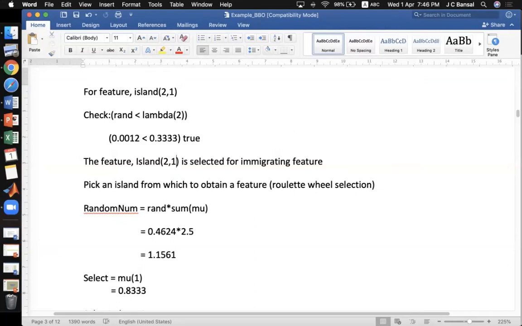The elasticity model can be replaced by another elasticity model, but the elasticity model cannot be replaced by the water distribution model, right? So the first feature will remain the same. Now we have to see whether this second island's first feature will be replaced or not, and which island is going to replace this feature.